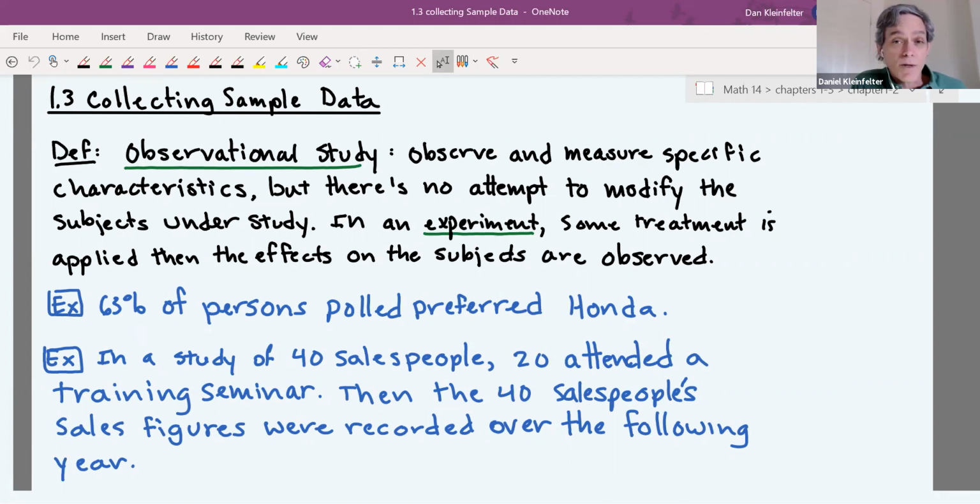An example of an observational study would be collecting shopper demographics at a store you're running. Just collecting information about something that already exists, and you're not trying to change anything. An example of an experiment would be where you measure people's performance on a task and then give some sort of review or remediation or training to them, and then have them take a follow-up test